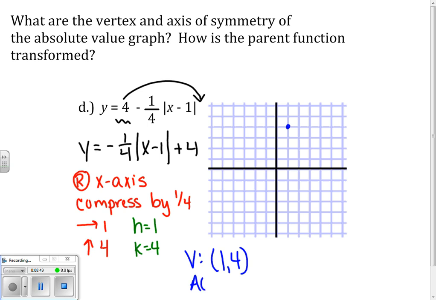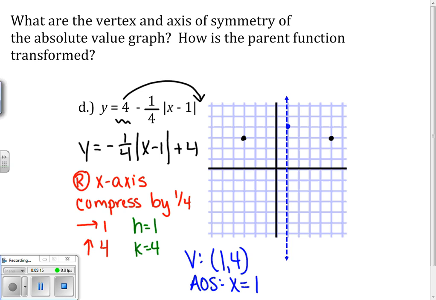And I know that my axis of symmetry, that starts with an x equals, has to match the h, which is 1. So my axis of symmetry will drop right down the vertex. And from there, I can count off my slope, which is a negative 1/4. The slope is comprised of both your reflection and your stretch and compression. So from the vertex, I'm going to go down 1 over 4 on this side, then go down 1 and over 4 on the other side,